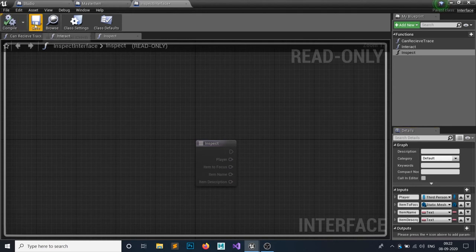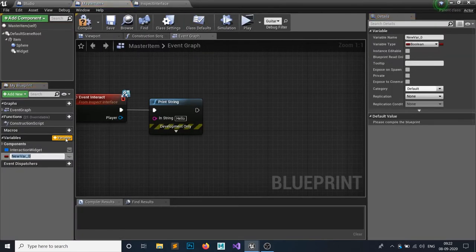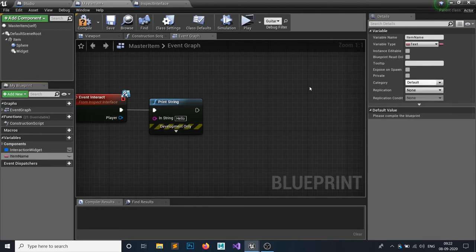Hit compile and save, and on your master item let's create two variables. First is item name, make it text, and also item description, which would also be a text.